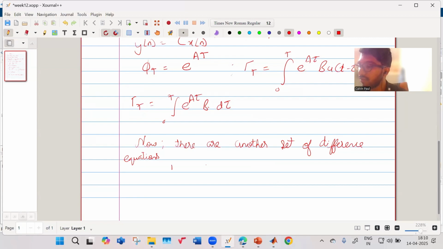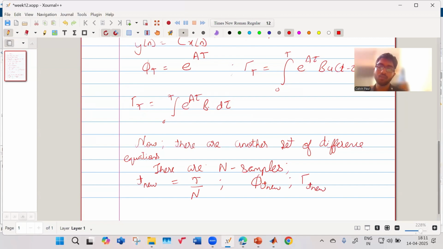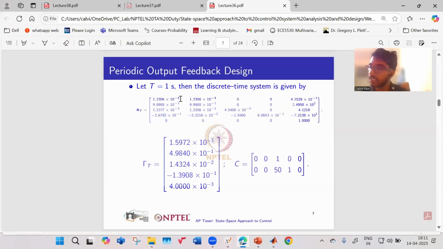There is a concept of N samples, taken depending on the observability index, controllability index, etc. So the sampling interval delta is T by N. We will get a phi delta and a gamma delta as well. Both of these will be found, and both concepts will be used in periodic output feedback as well as in fast output sampling. Now, if you consider T equal to 1 second, then this discrete time system is given by